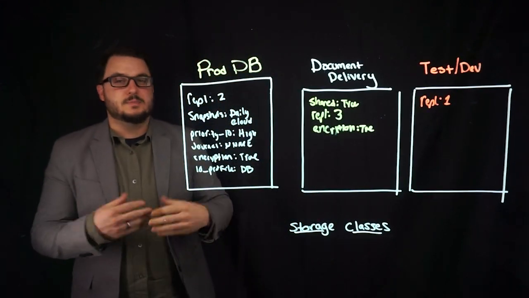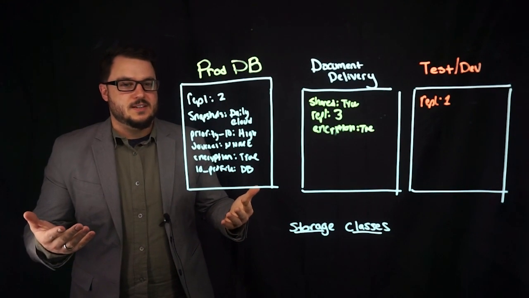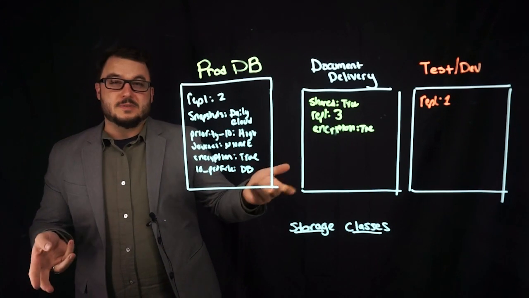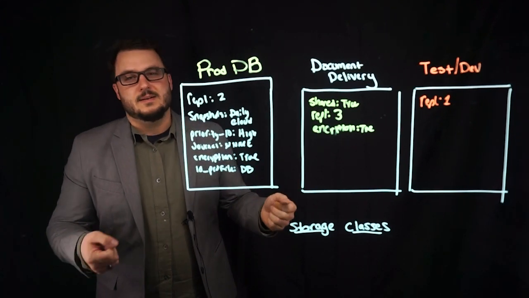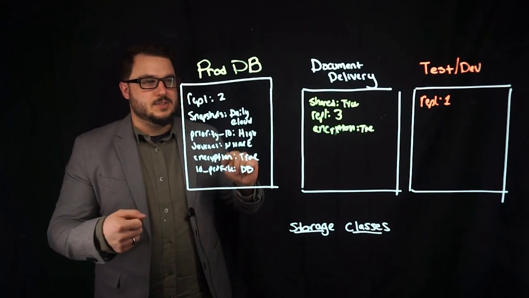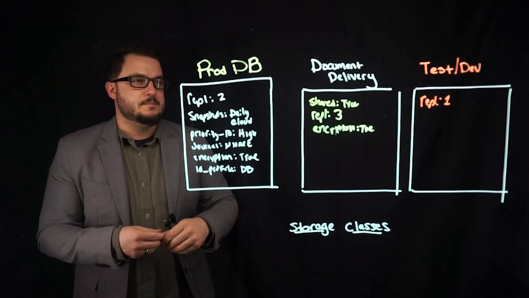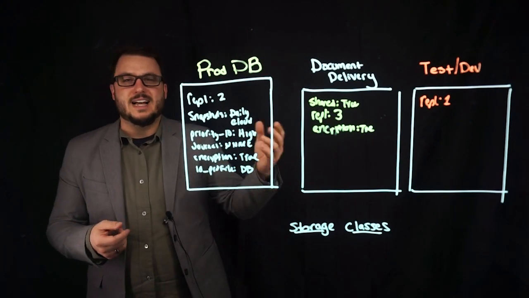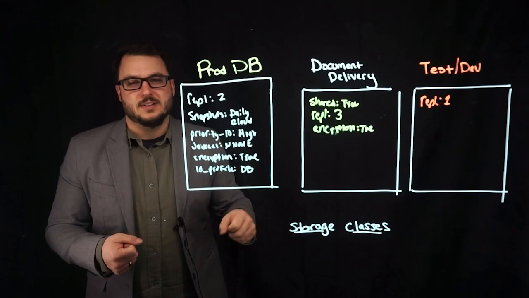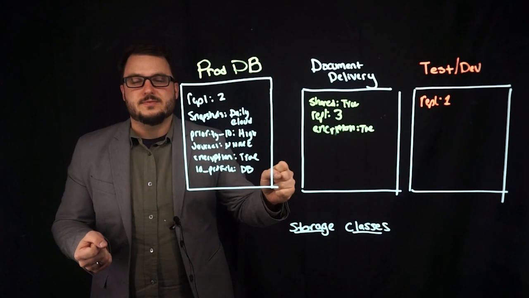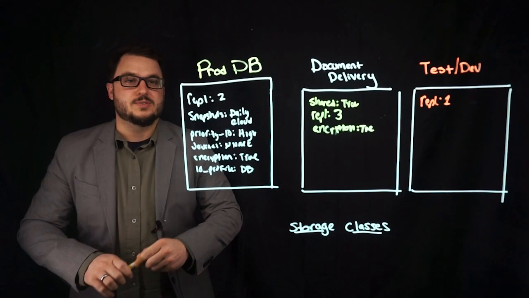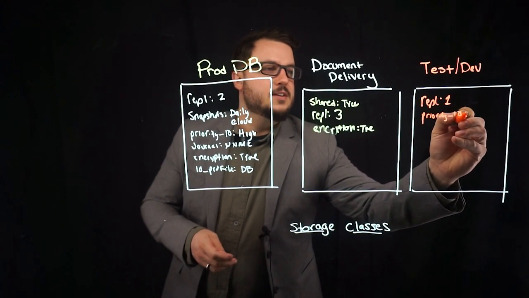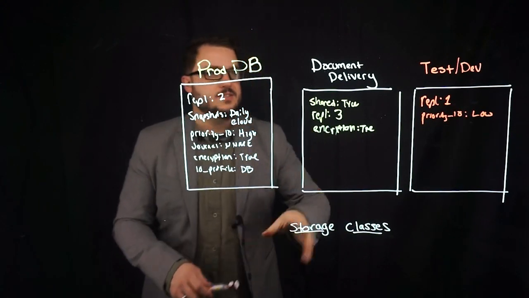So we want to make sure my data is persisted so that if my container does stop and start, or I kill it or something like that, my data still is persisted. But I really don't care about everything else. Test and dev, I'm going to test something. I'm going to blow everything away. So it just needs to be a volume and replicate. You could argue that you might need a certain class of storage. In that case, you'd set priority IO to medium, but I would say low is fine. We could even go so far as saying that priority IO is low. So for test and dev,